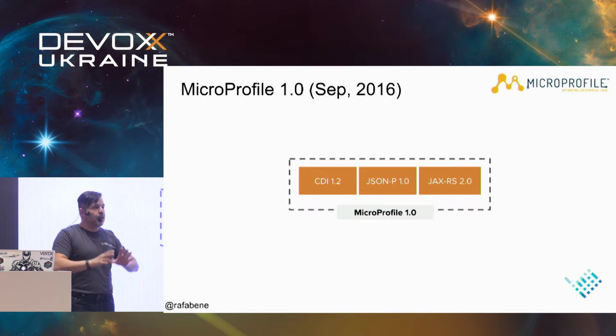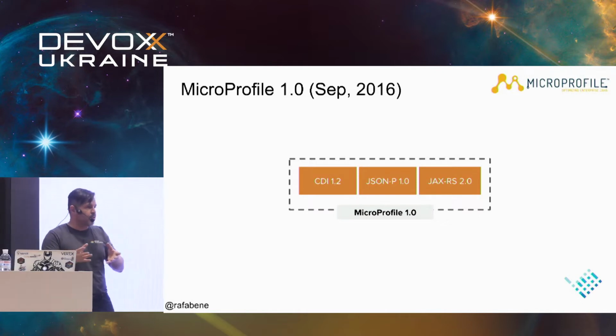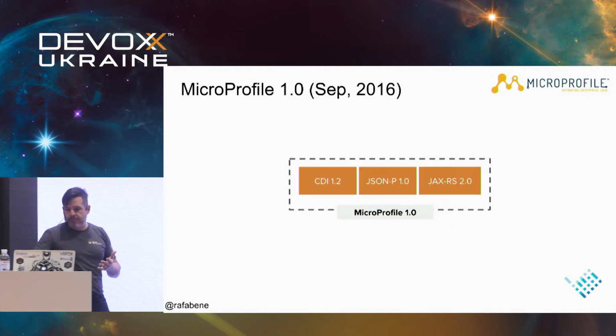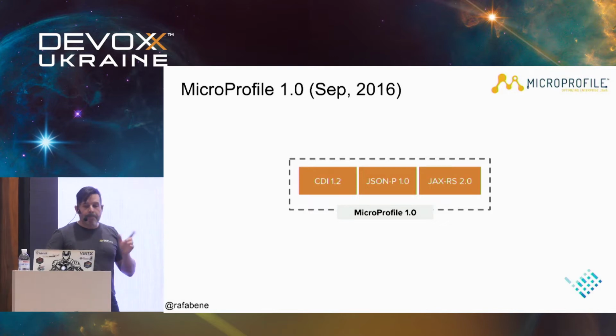So it's really simple. It's a way to produce microservices. To produce microservices, what do you need? CDI to give you context and dependency injection, JSON for the communication, and JAX-RS for the REST communication. Really simple. But